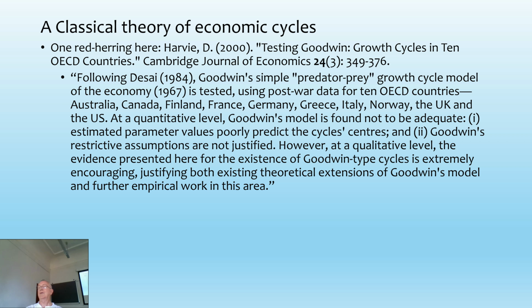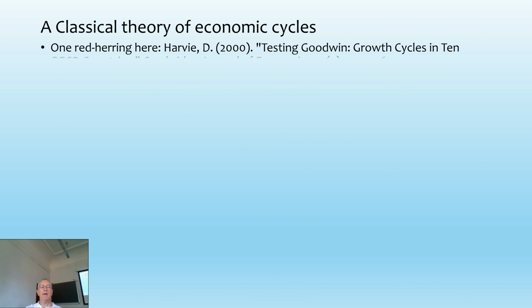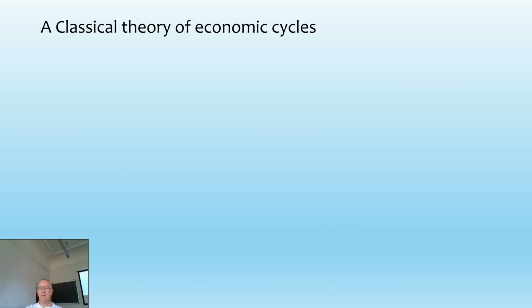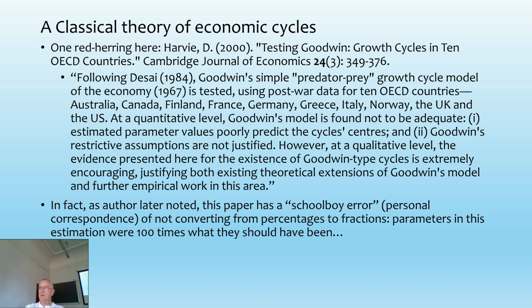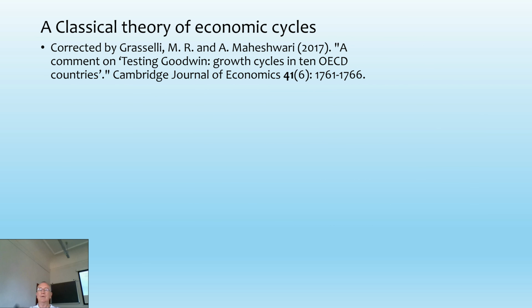So his values for the Phillips curve, rather than being 0.6 for the equilibrium employment rate, was 60. 60 times the population. That's why I was wrong. Okay? Now, that's a little comment about the schoolboy error. You'd think you'd want to correct that in the literature. No, I didn't have time to do it, so